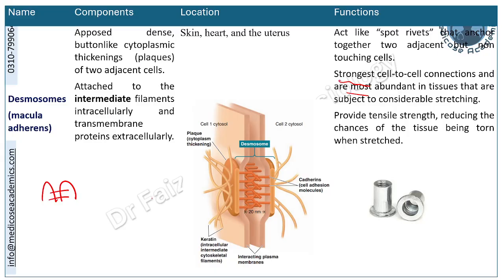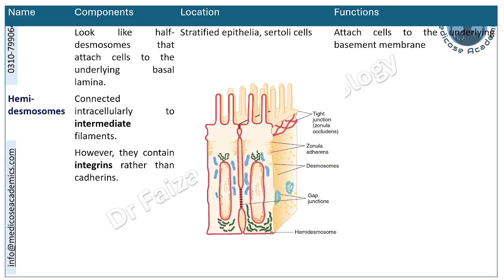Now moving to the adhesion of the cell to the basal lamina. First of all, via the hemidesmosomes, as you can see over here. These look like half desmosomes that attach the cell to the underlying basal lamina. Again, desmosomes had intermediate filaments. Hemidesmosomes also have intermediate filaments, but there are no transmembrane proteins between the cells. Rather, they involve the cell adhesion molecules, integrins, instead of cadherins. Cadherins are cell-to-cell adhesion binding proteins, which we see in the zonula adherens.